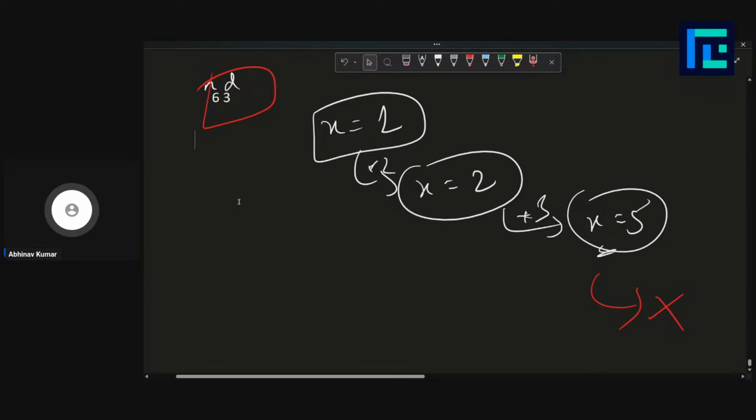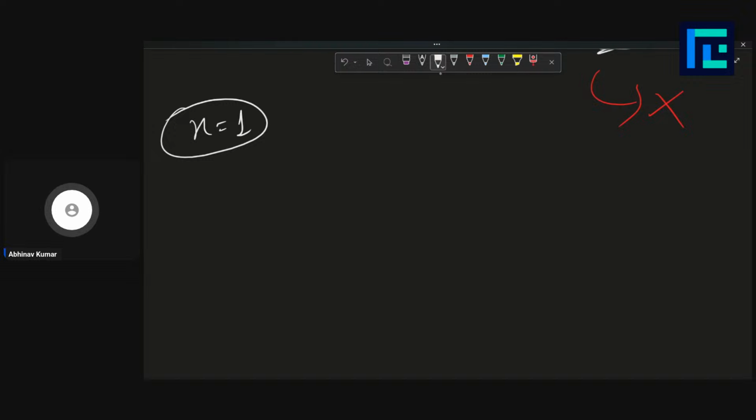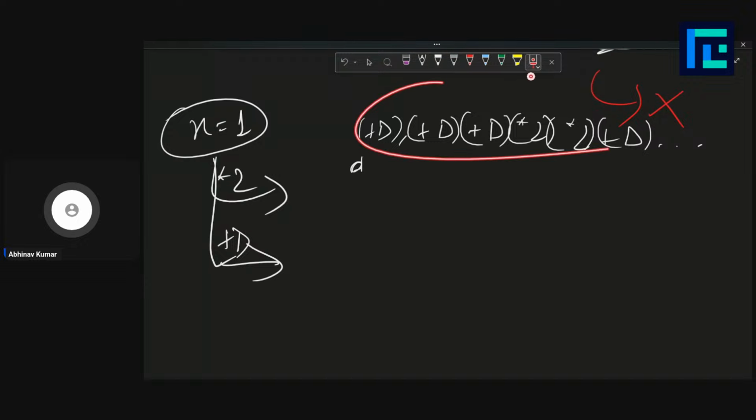Okay, so how do you solve this problem? So if you look at the problem, you start with x equal to 1. The only steps available to you is either multiply by 2 or add a plus d, where d is some constant. Let's say you perform a plus d operation, then again a plus d operation, then again a plus d operation, then a multiply by 2 operation, multiply by 2 operation, then again plus d operation. Something like that would be the sequence of operations that you perform. Whatever sequence of operations that you perform,